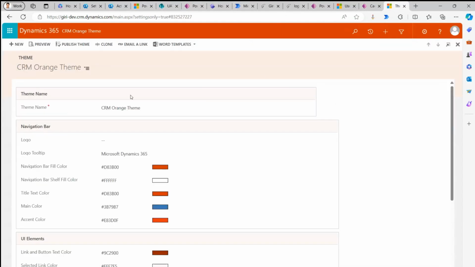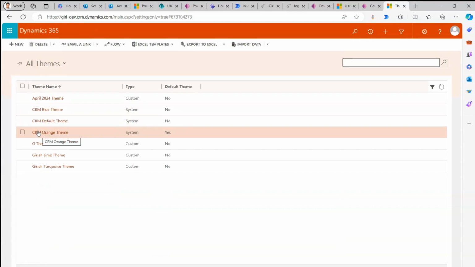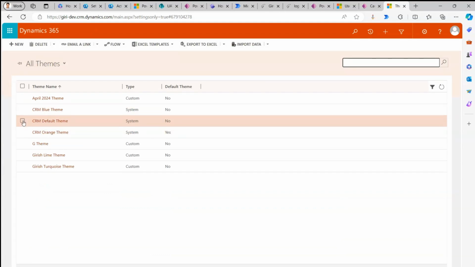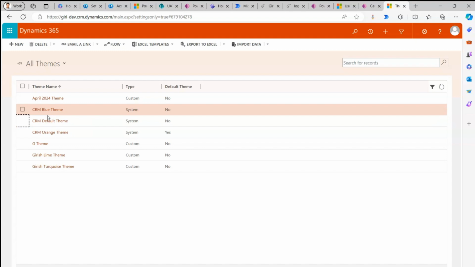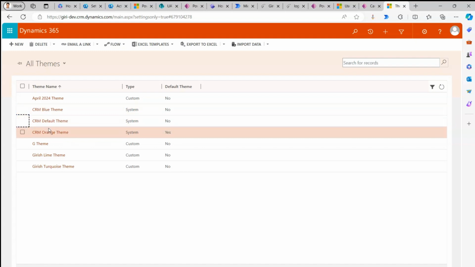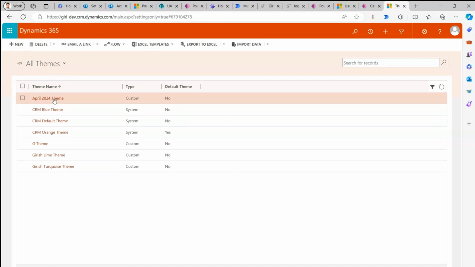Similarly, I can go over here and now I'll just close this and now I'll make CRM default theme or maybe blue theme, whatever theme I want, I can do that. Now, the only problem with using the default theme is you cannot change the logo. So, what you can do, you can create a new theme. Here, all themes, here you can create a new theme, but I've already created one theme, so it's called as